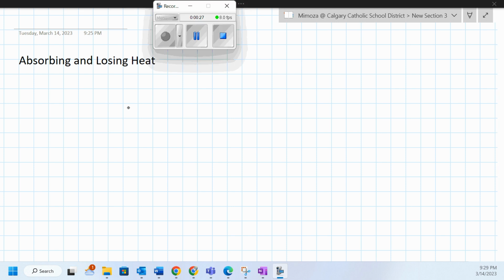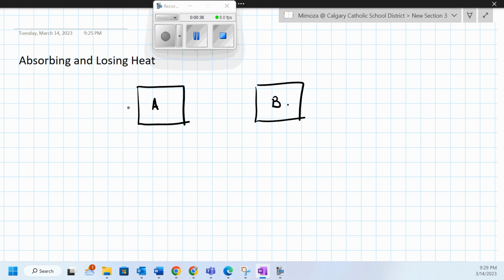So, let's suppose that this is object A and this is object B, and imagine that object A has a temperature higher than object B, which in other words means that object A has more heat than object B. Then the heat is transferred from object A to object B